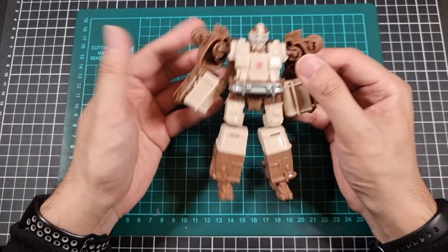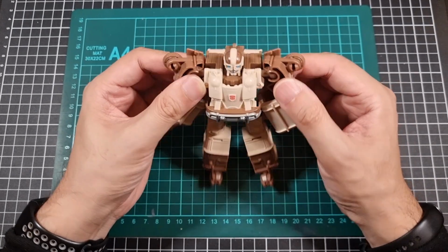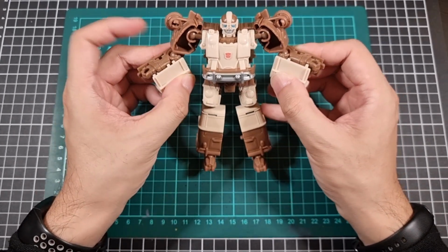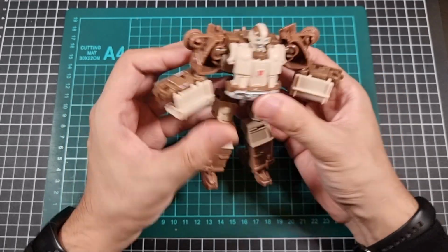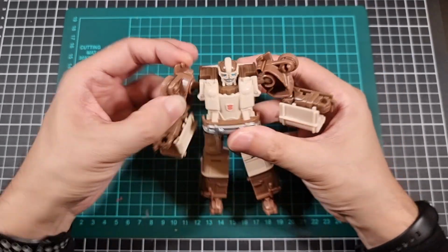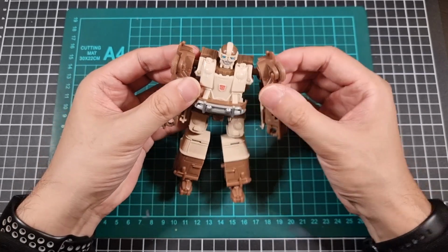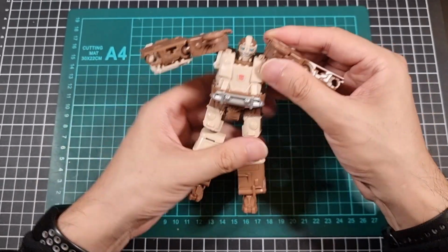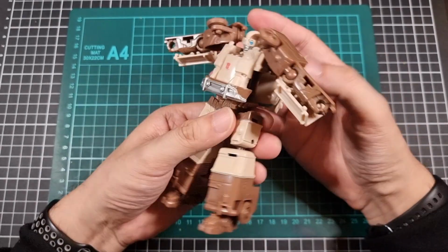Now, if you really wanted to, you could also extend his arms out like that because of that ball socket, which once again just gives it a bit more range of movement in the arm. So surprisingly, his arms are not too bad. Just lift those up a little bit. He does have a